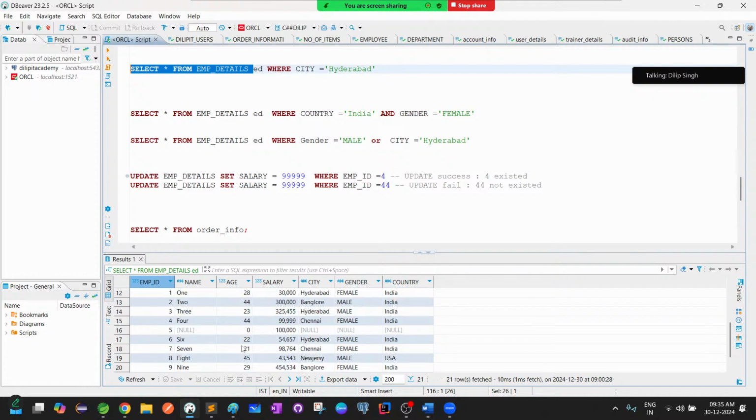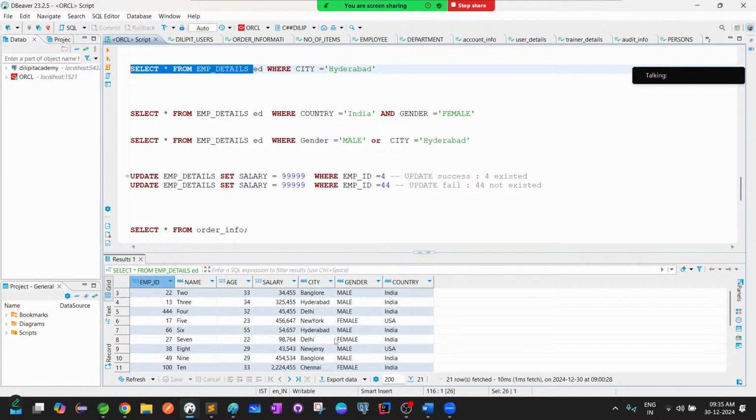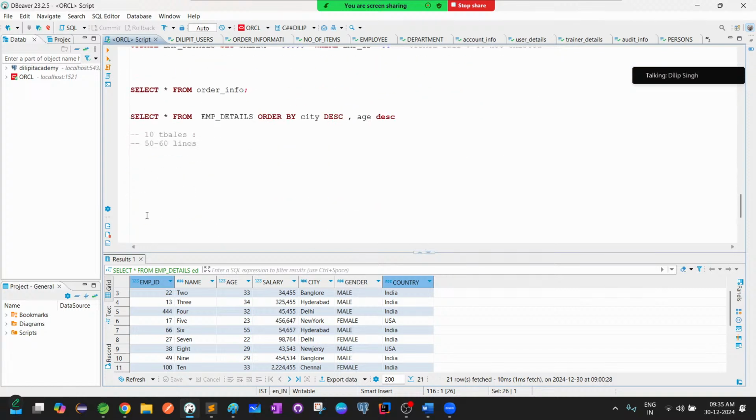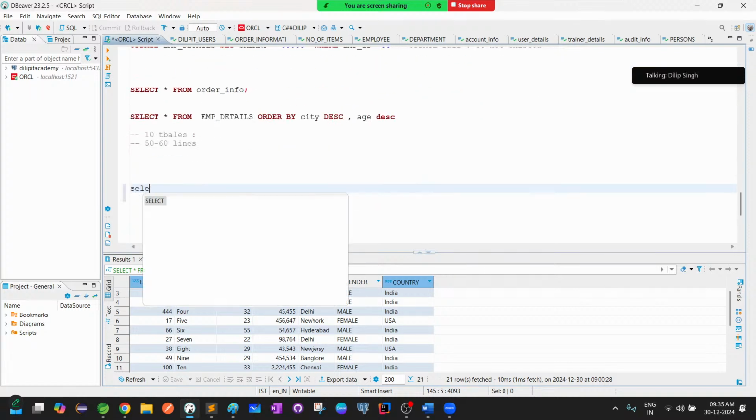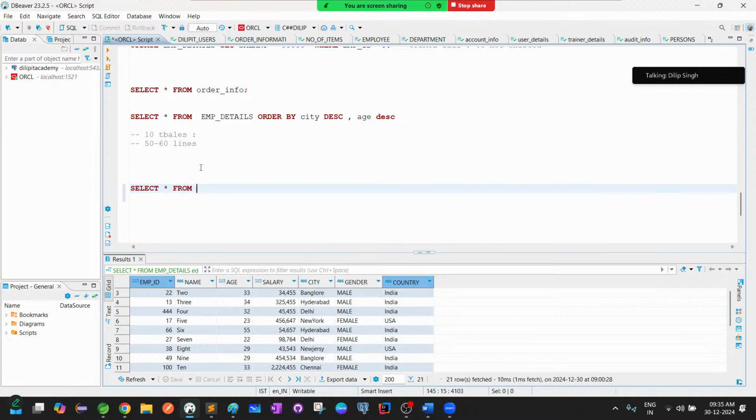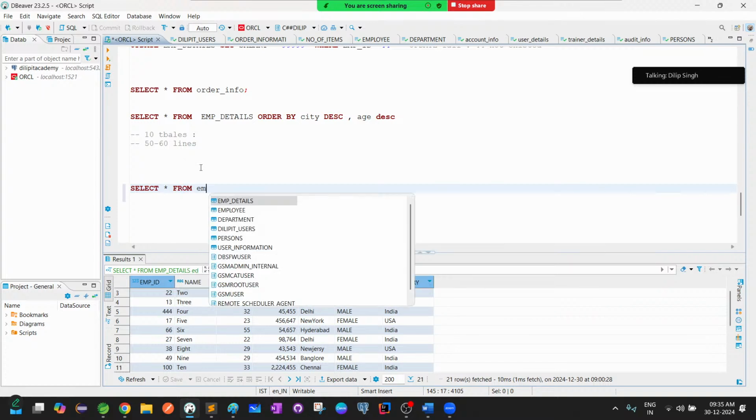I want city and gender level. Okay, let's do one thing. Let's write the SQL query first. Select star from employee details